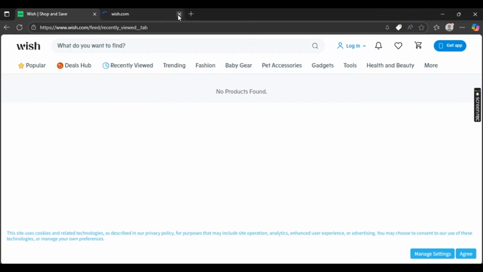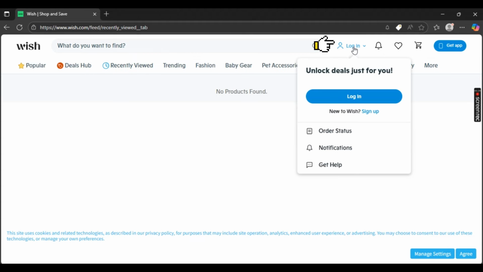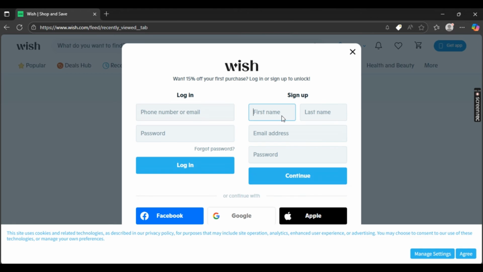Now on the top right side, you should be seeing various tabs. So right beside notifications, you should be seeing login. So you can just simply hover on it, and under login you should be seeing this blue sign up button. Just simply select it and you should be directed to your sign up tab, where you can just simply enter